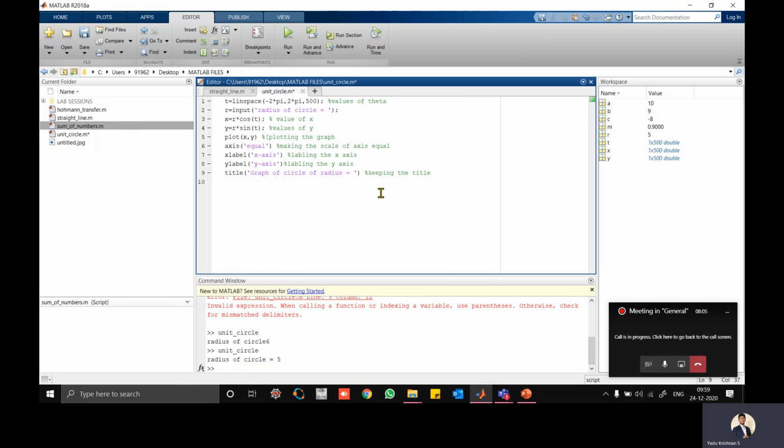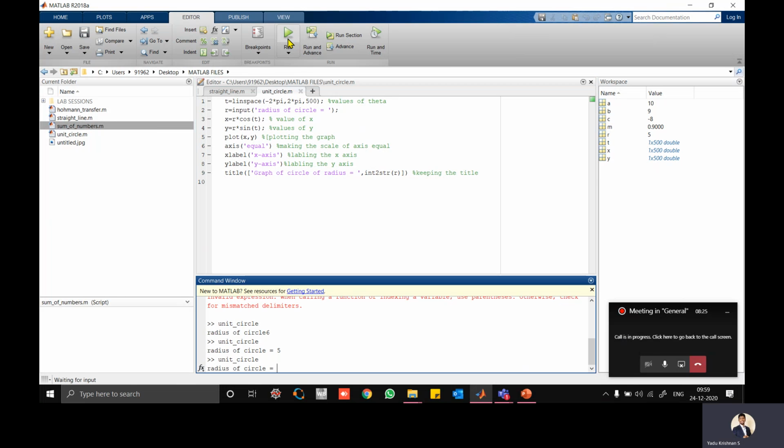Both are written in the same title. So we'll try the int to string conversion and see whether it's possible. That is your radius, and the square bracket should be there. Then we will run the program and see.